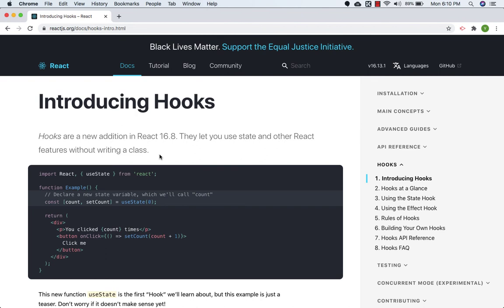React hooks represent a huge change to the React library and how we write React code. Now why is that? The main reason is because we technically no longer need class components anymore. React hooks give to function components all the functionality we previously relied on class